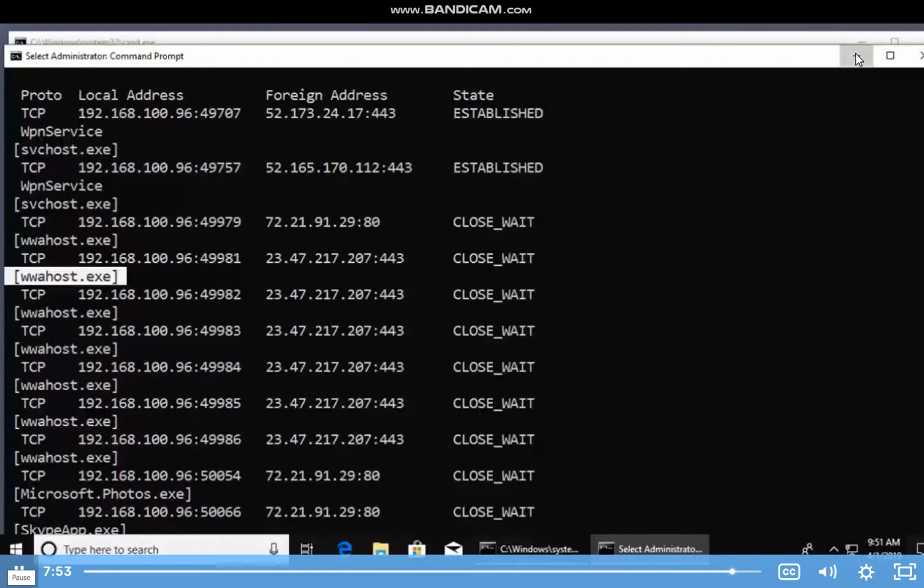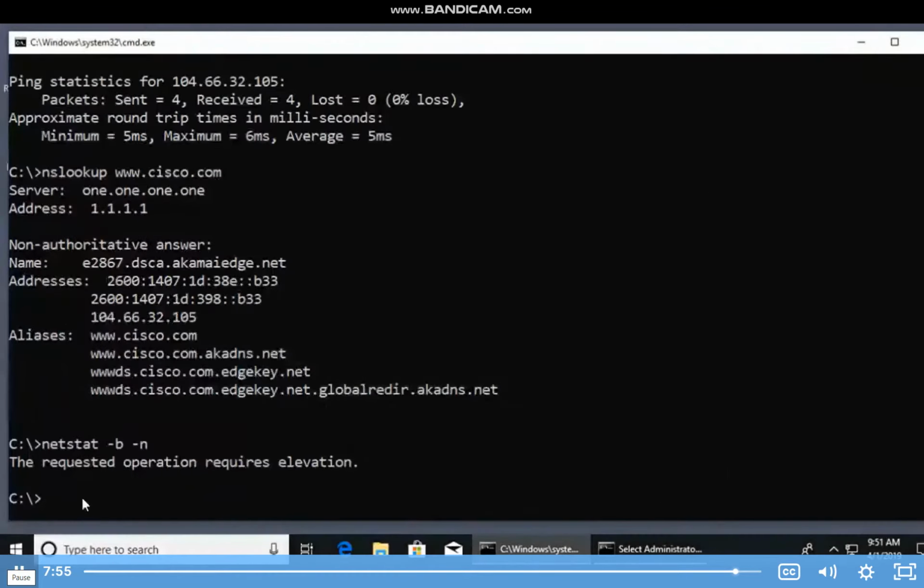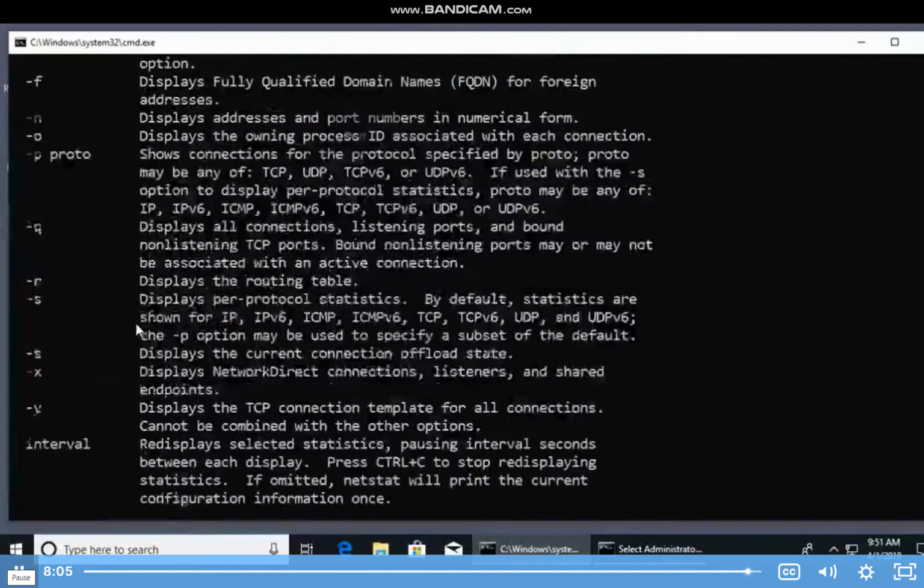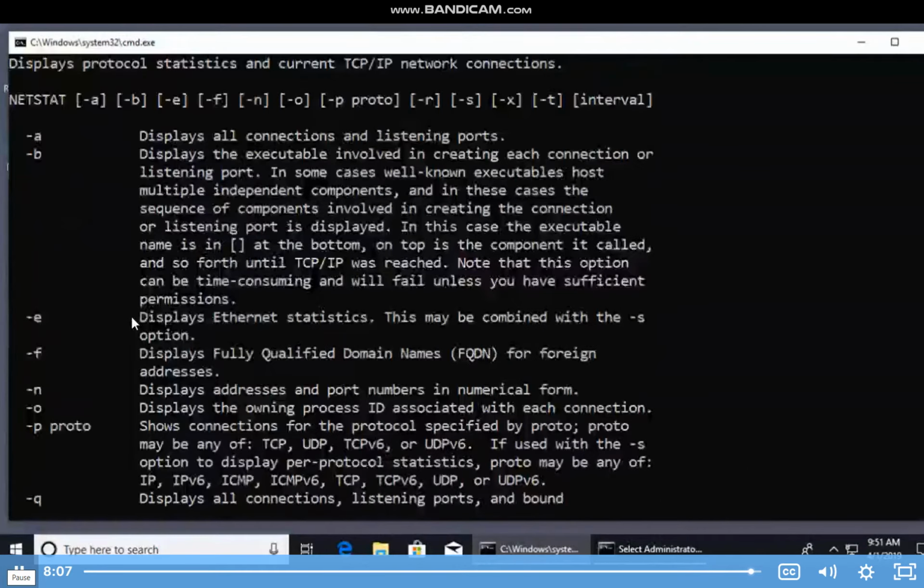Again, you can spend a lot of time with these commands and switches, so please make sure that you use that help command. For example, netstat /?. When I hit enter, we see all the switches and possibilities for using netstat. Utilize these